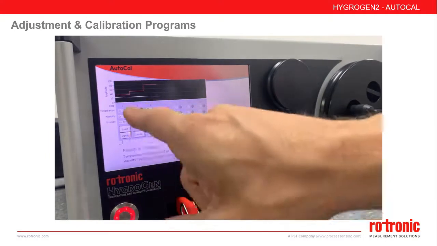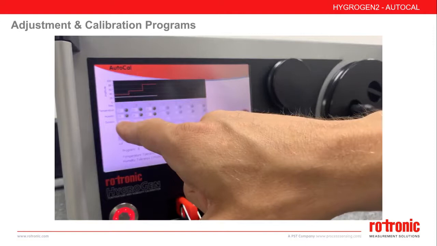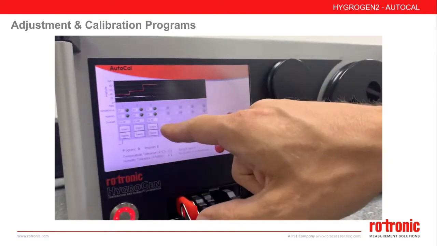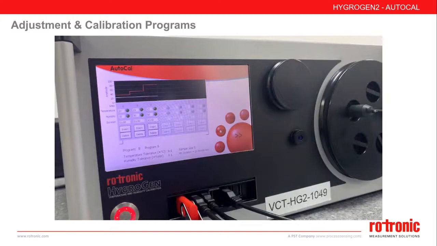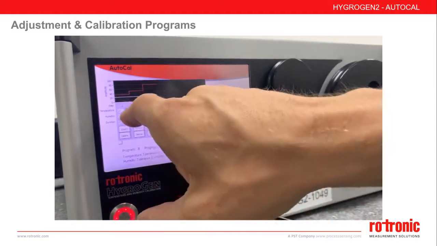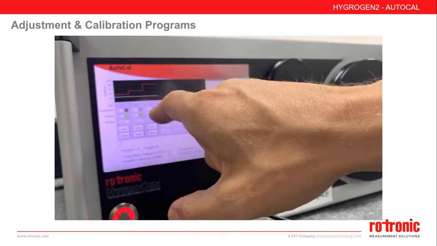Here we can see a very typical 3-point calibration run, all at one temperature. 23 degrees 35%, 23 degrees 50, 23 degrees 80. A very typical run. This is calibration only. If we wish to adjust, we have to specifically select the radio buttons on the points we wish to acquire